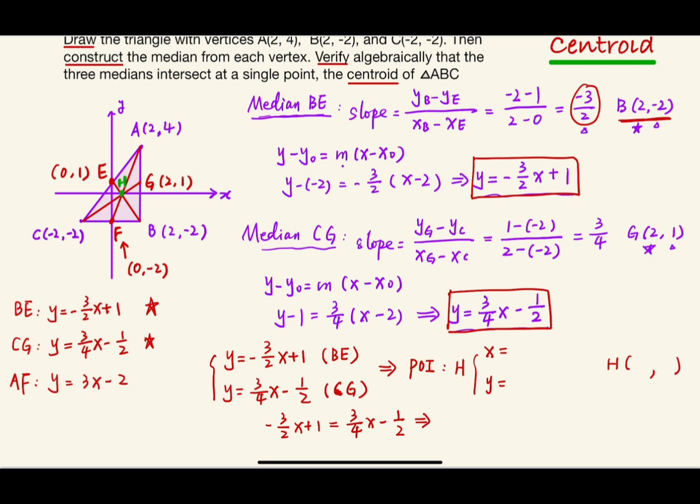So we times 4 for both sides. Then the left side equal to negative 6x plus 4. The right side equal to 3x minus 2. Then we can figure out x equal to negative 6 over negative 9. It should be